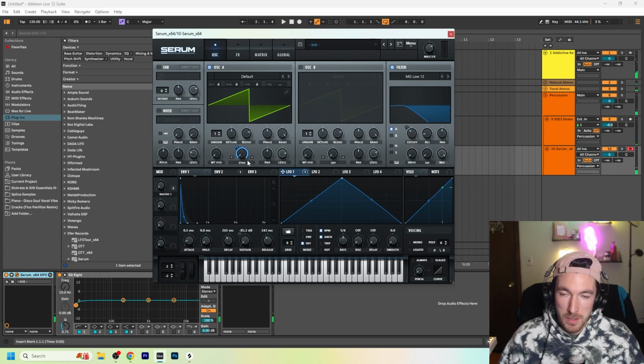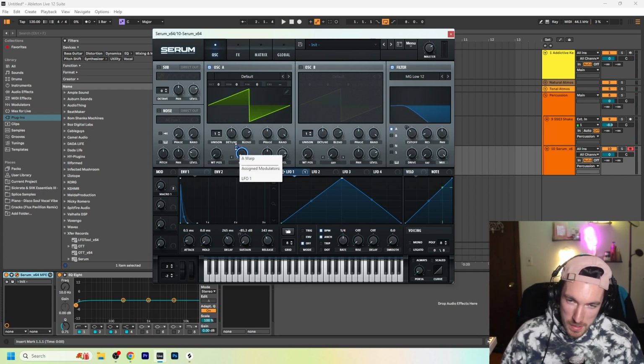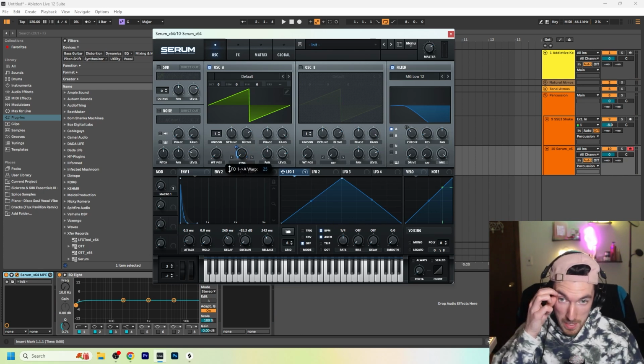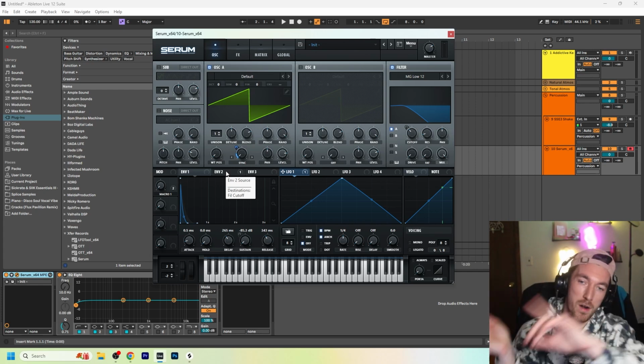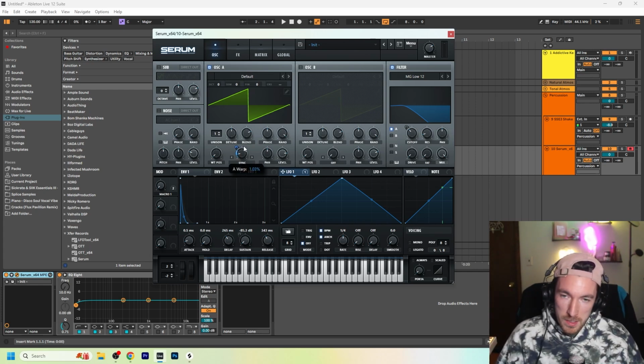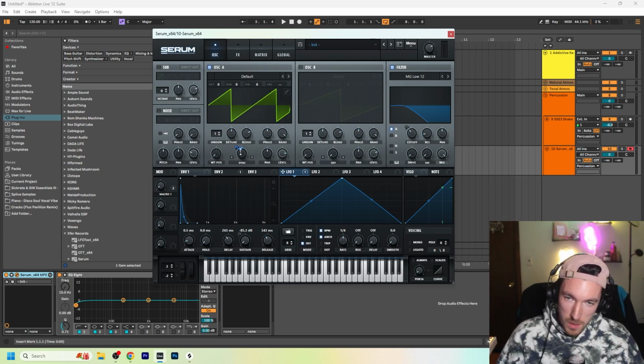Now that's a little aggressive for me, so what you do is you go to this tiny little blue curve here that you see on top of sync, and you can just turn this down in order to change the parameters of how far in this it's going to go. So let's turn this up a little bit, and then we'll also hit Shift, Alt, and click, which actually creates,